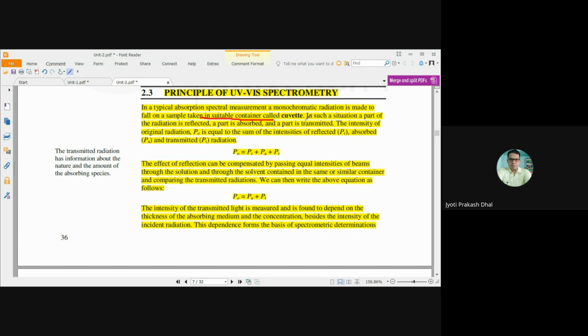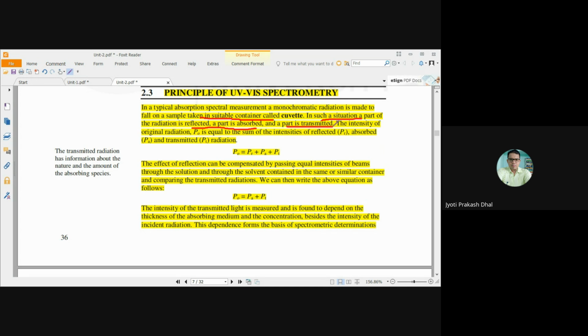For every irradiation, monochromatic light will be used. That means first 200 nanometer will pass through the sample, then 200.5, then 201, then 201.5, then 202, then 202.5 nanometer. Individually, monochromatic lights are allowed to pass through the sample present in a suitable container, called a cuvette. In such a situation, part of the radiation is reflected,